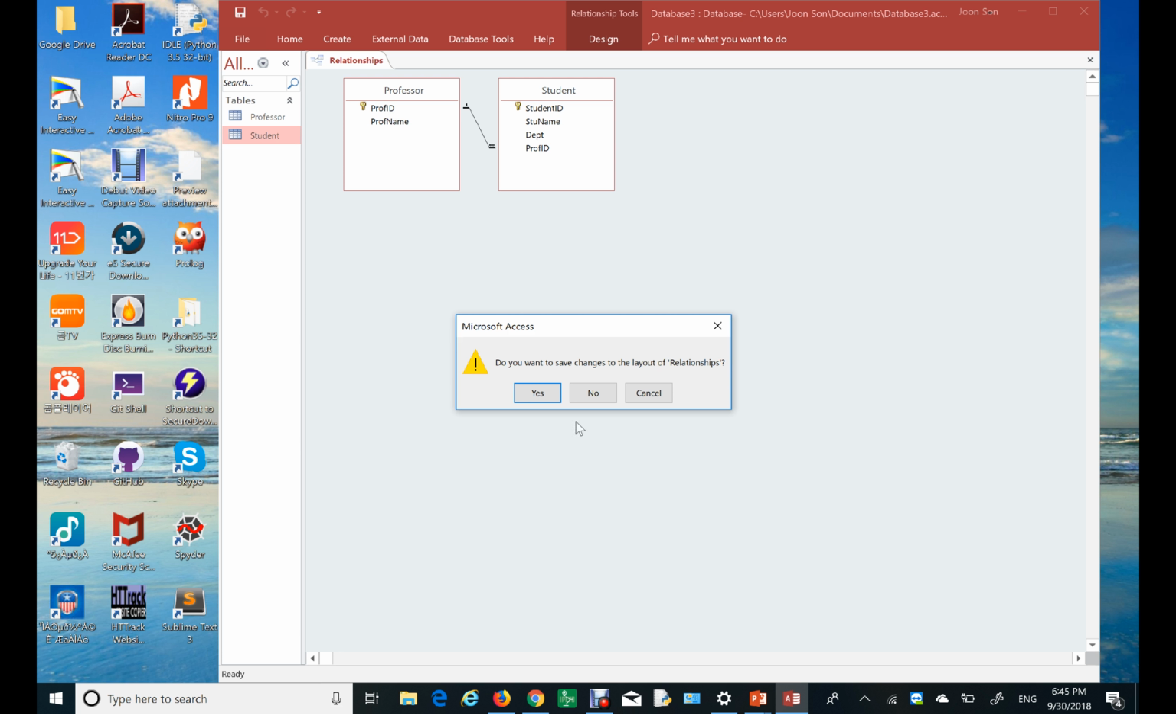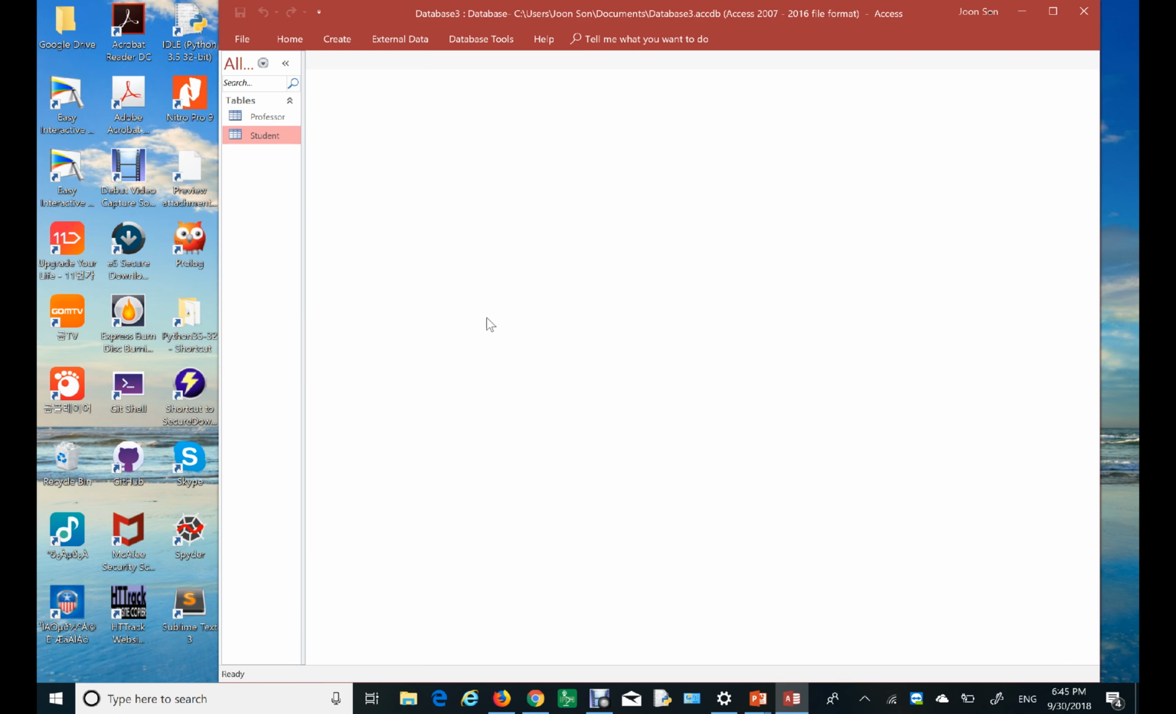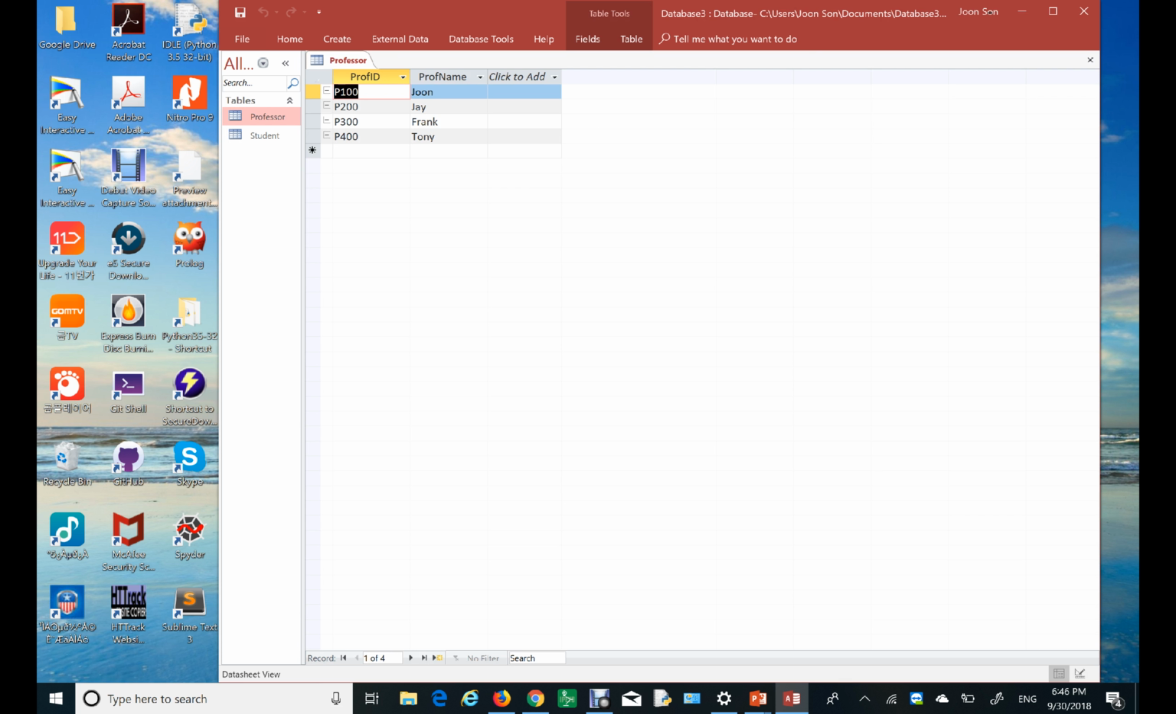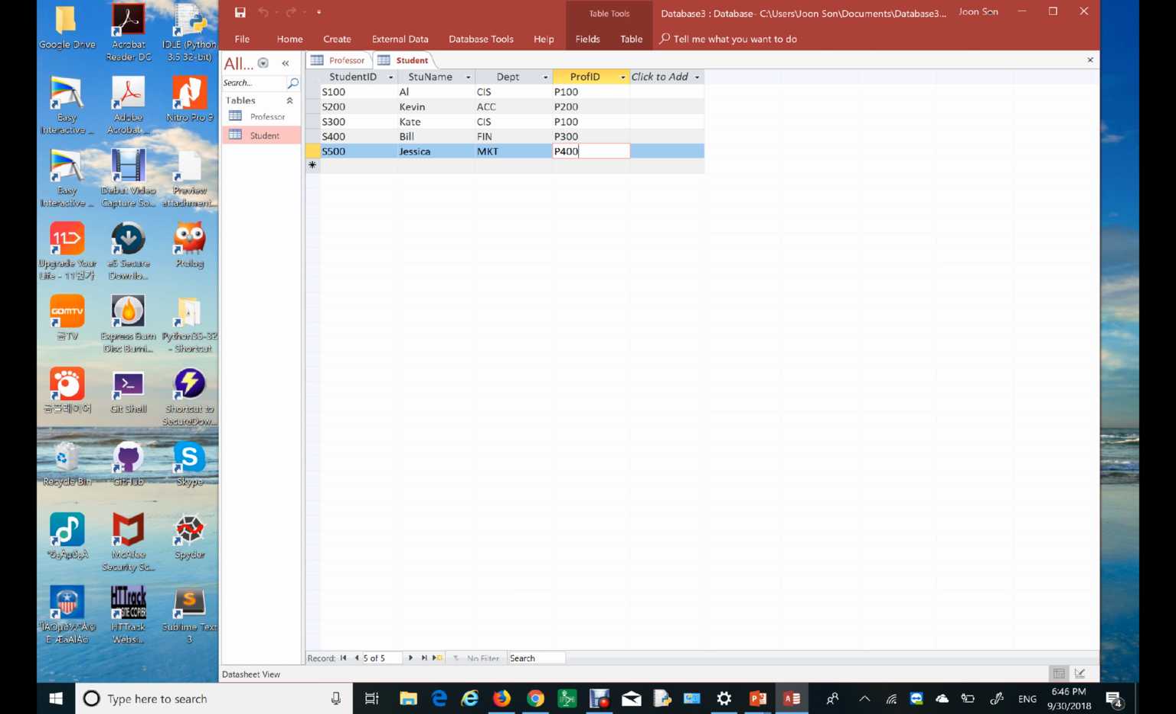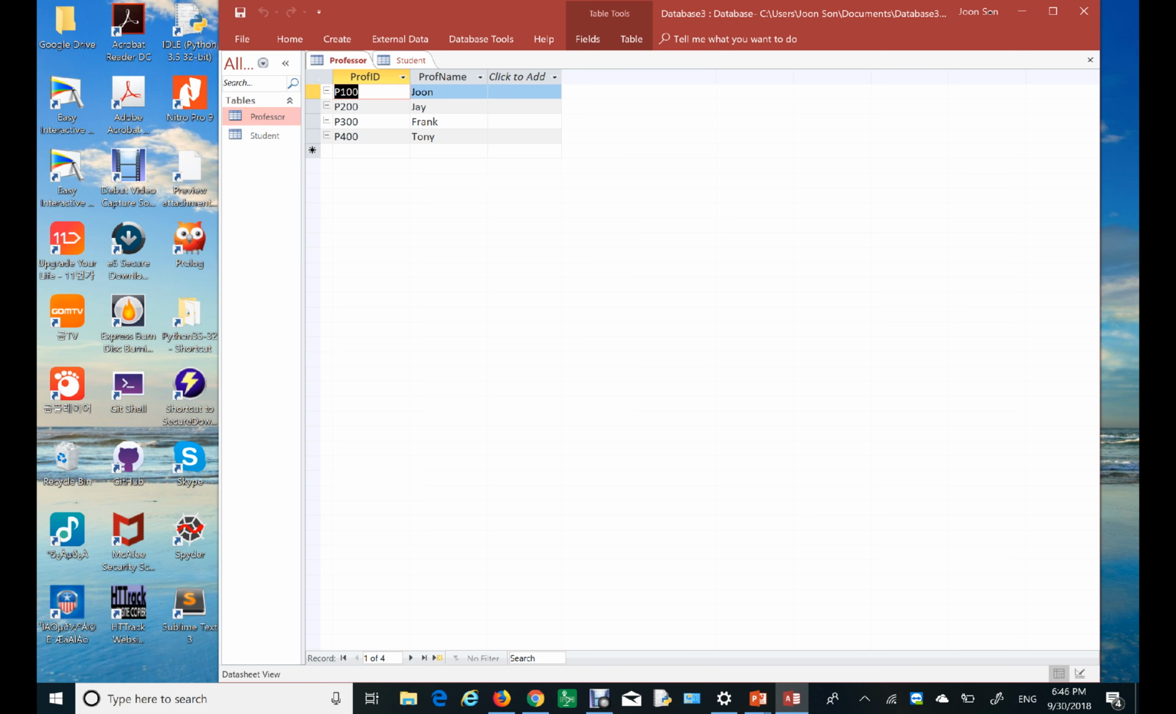Do you want to save the change? Yes, I didn't really do anything, but let's say yes. Now, you know that when I click professor, it has P100 through P400. And if I go to the student table and change this value to, let's say, P700,